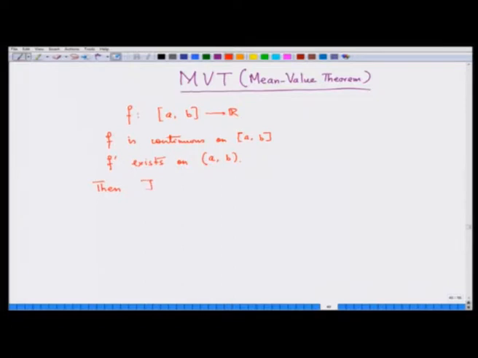Then there exists, this is a sign for there exists, c which is lying in the open interval (a, b), that is strictly bigger than a and strictly less than b, such that f(b) minus f(a) is f'(c) into (b minus a), or the way most calculus books write,